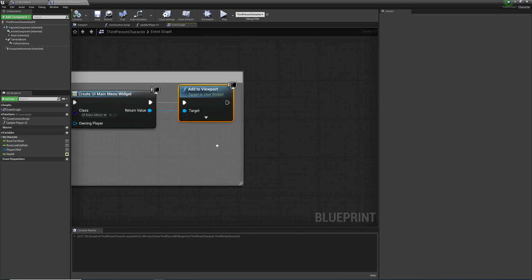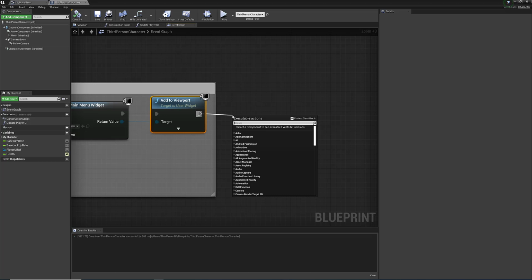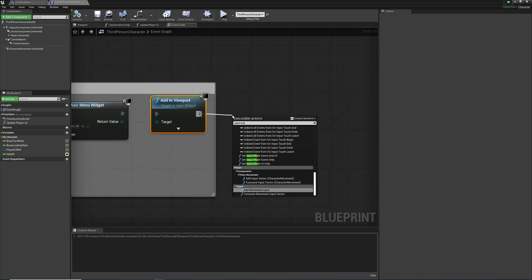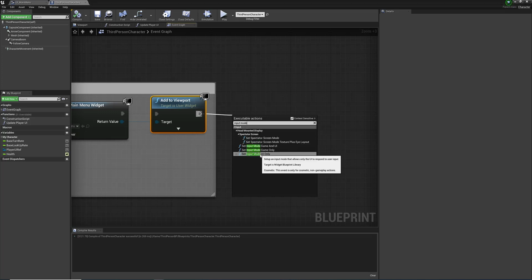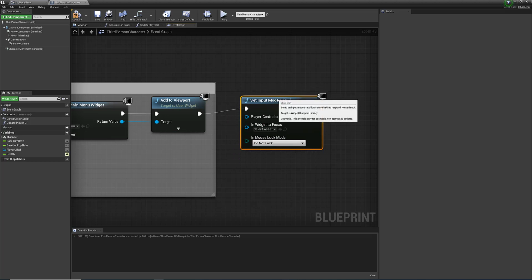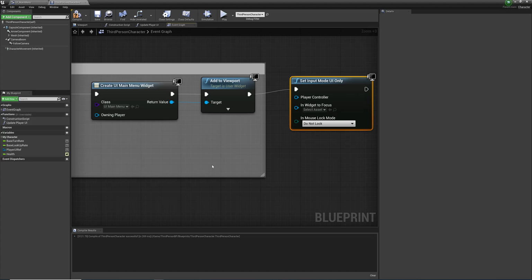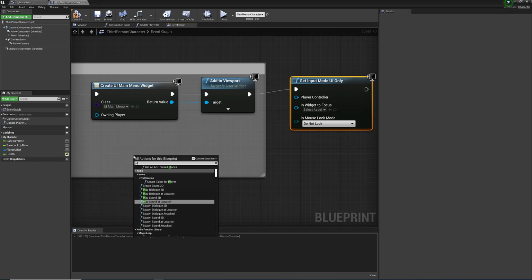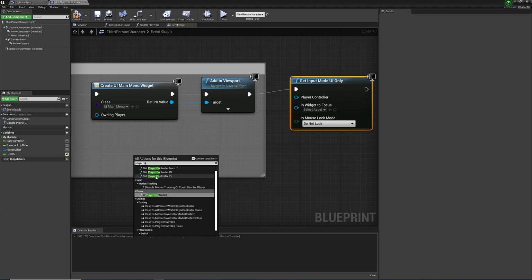Now there's a couple things we can do here. We can set our input mode, which is the mouse input, right? We can set our input mode to UI only. That means we only interact with our input. Another thing is, notice that our mouse cursor was not showing up. So what I'm going to do is type in player controller, because our mouse cursor is actually attached to our player controller for movement. So let's get our player controller,